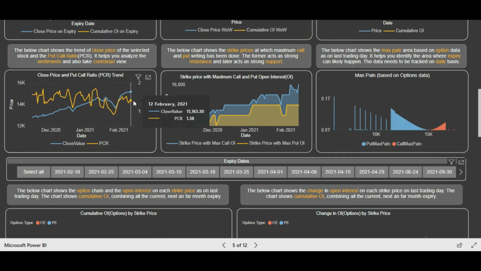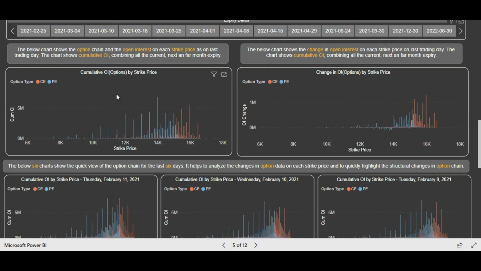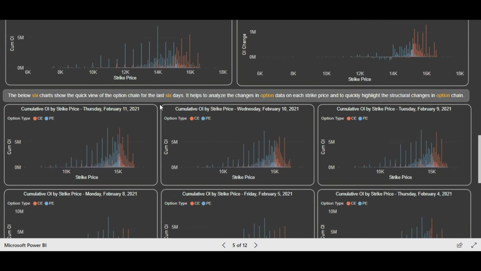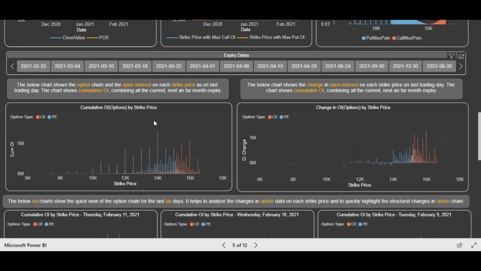So it is bullish generally. Then coming to the option data, you will see that supports are getting shifted higher. We have already seen the past 6 days view and current view also. And the major support and resistance levels you can see from the option chain. So in this way you have to analyze the data and correlate all the indicators together.